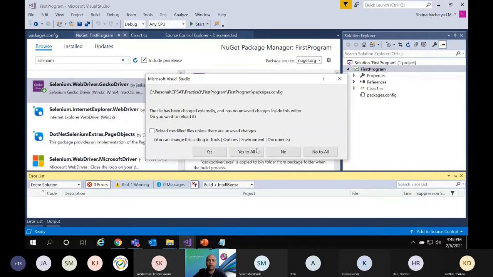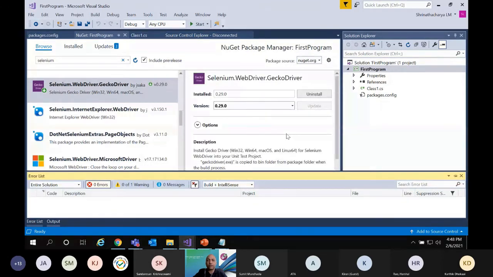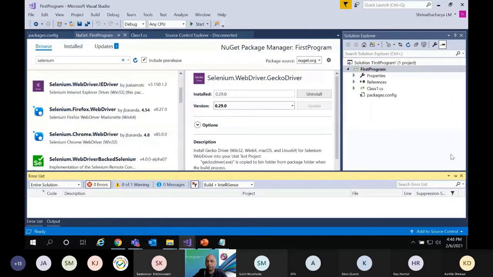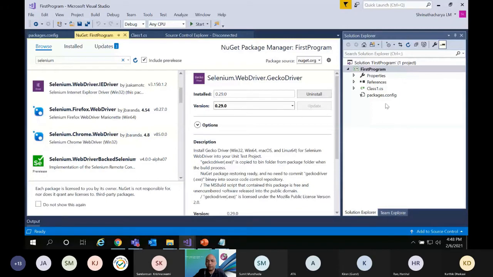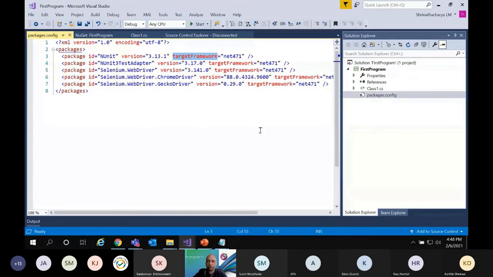For Chrome driver, if you are using Chrome 84 or Chrome 79, you need to install the respective version. The moment you install all these, you can also notice this packages.config, and you can see what versions have been imported.